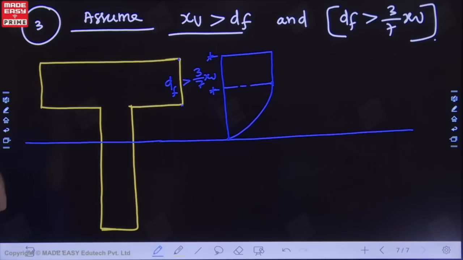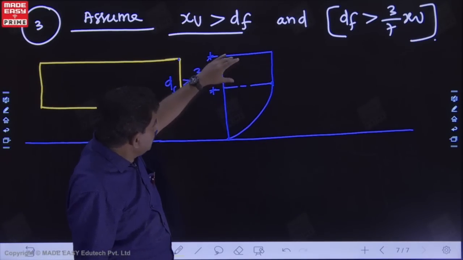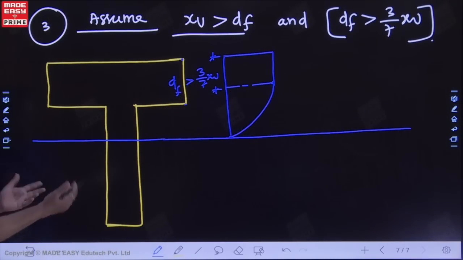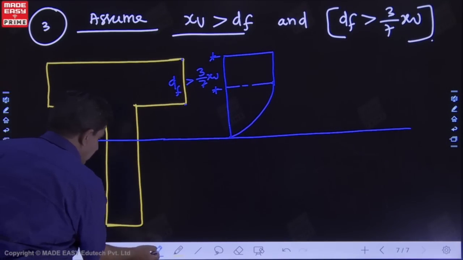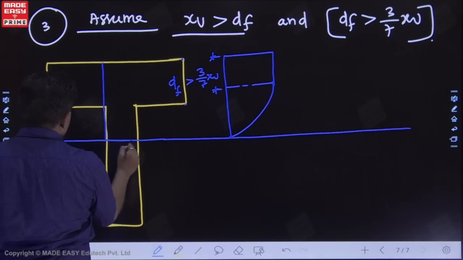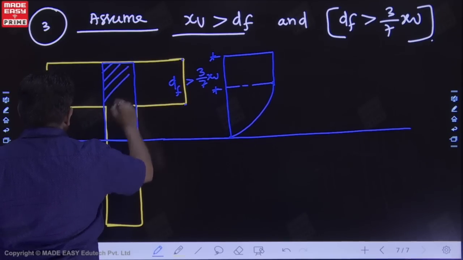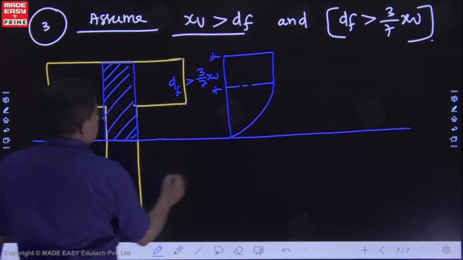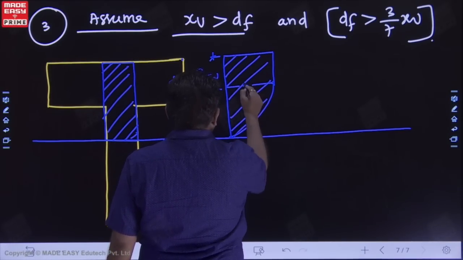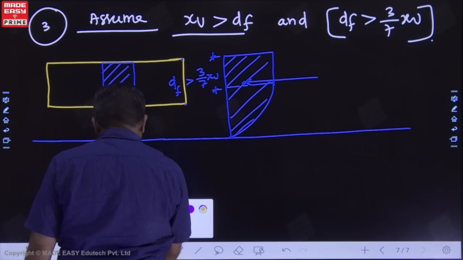So in this case what happens, this flange portion becomes a rectangular portion as well as a parabolic portion. So the calculation we have to do in a different manner. Understand how to do this. So first of all you will consider this portion, that is the web portion. The formula will be the same. This is your first portion of the beam, web. For that, this is your complete stress diagram and this will be the C force. What will be the C force for this?